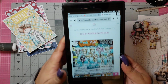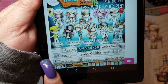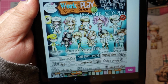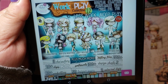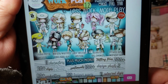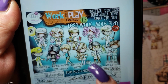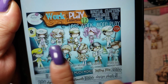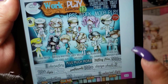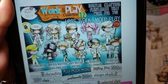Okay, so actually, this is what we're going to do. I want you to see the ones that come in this one. Now, in this one you get the crossing patrol security, waitress, fast food. Oh, it says lady vet, cat. Oh, I didn't see her. Guys, I did not see the lady vet. Well, I will be going back and getting her. I don't know how I did that one. Scientist and girl chemist, which I think is that one. No, the girl one is up here. Crossing guards are here. Waitress, runner. So fitness girl, workout guy. Scientist, girl chemist, lady vet, cat vet, dog,